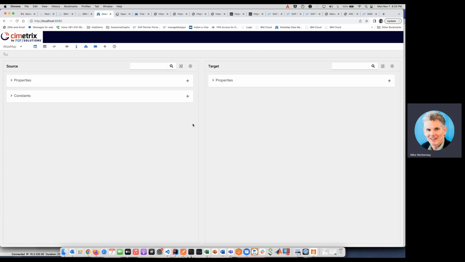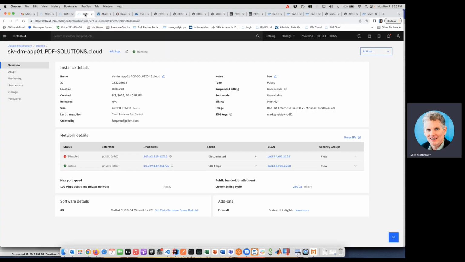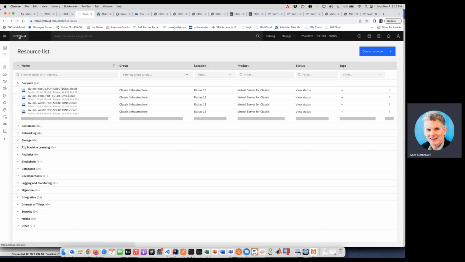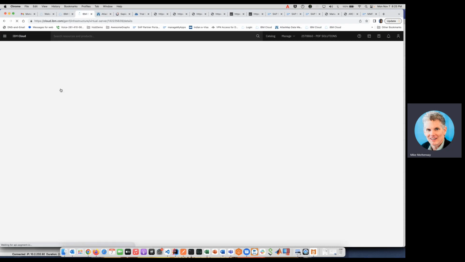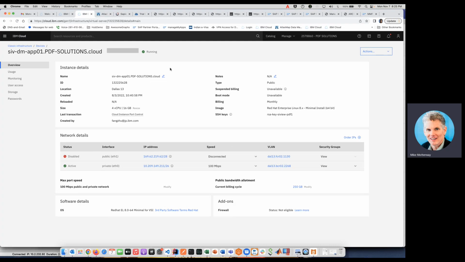I'll start here. This is just a blank slate view of the manufacturing hub, just a blank source and a blank target. So let me just say a few words about the source and target. On the source side, we have the IBM cloud here, you can see I'm logged in. I've got 4 server instances running, an app server, a DB server, a couple others. And the app server is running the API endpoints